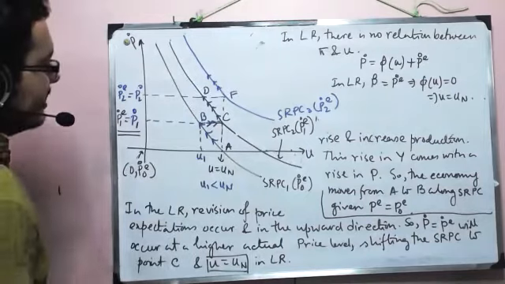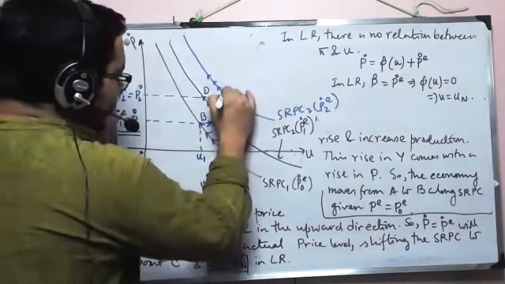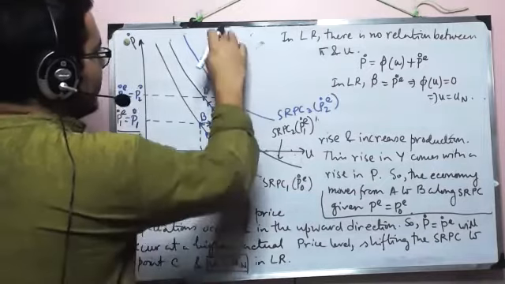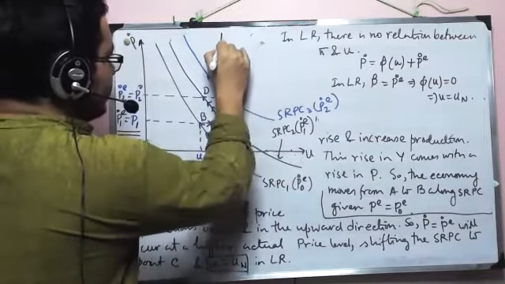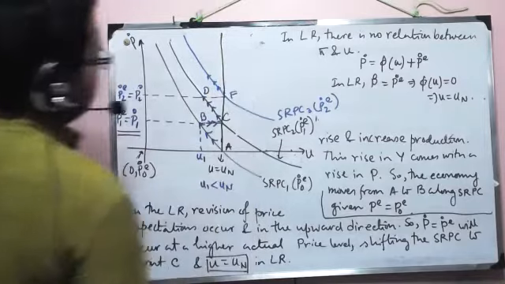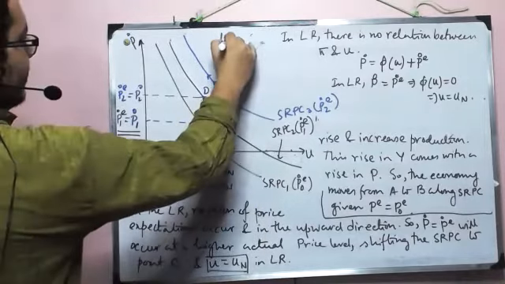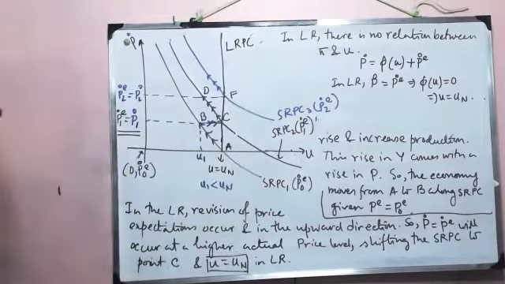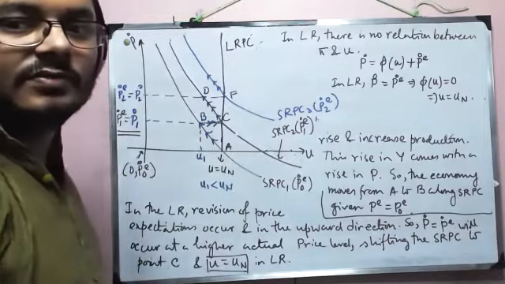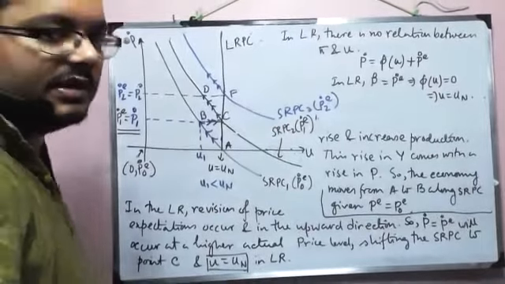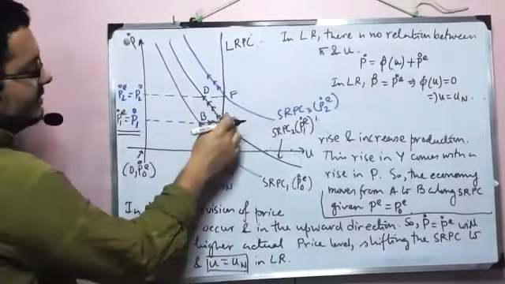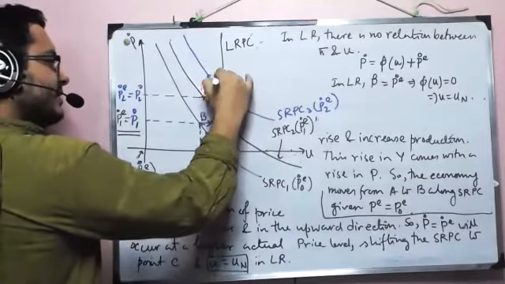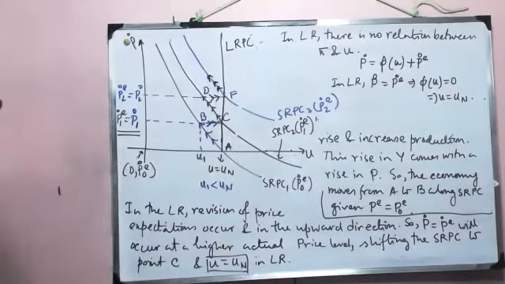It tells us that essentially the long run Phillips curve will be this one, right? So this is my long run Phillips curve. And how do we explain the movement? The movement is like this: A to B, then B to C, then C to D, then D to F, and then again in this direction. Okay.